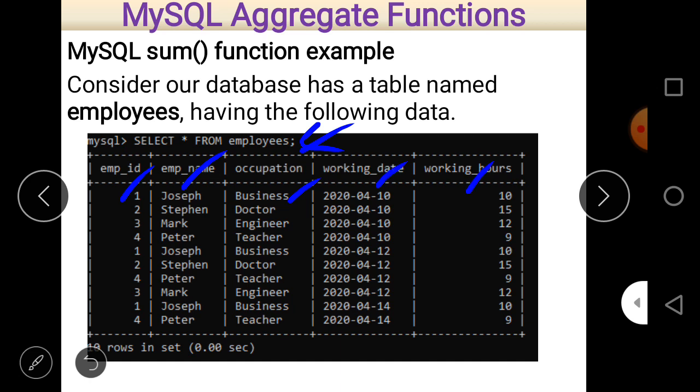So if you want to create this table, first of all use the create table syntax, and after that if you want to put the data into this table, then use the insert into command. So these are the basic commands which we already discussed in our previous lecture, and it is also a part of our revision too. So now